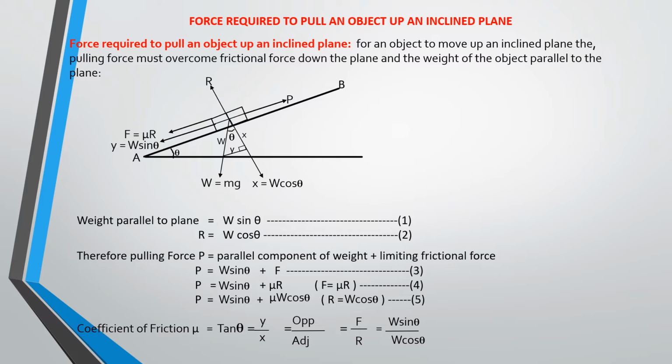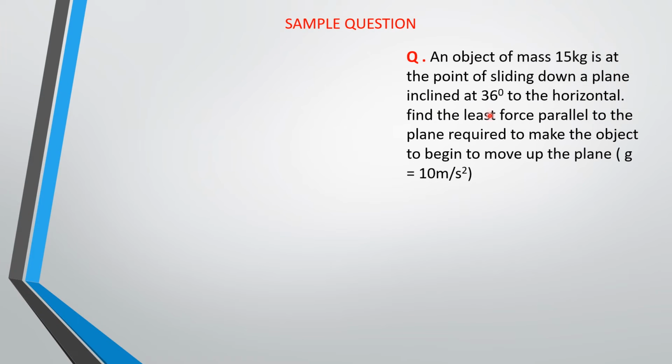Okay, so this is a question that we need to look at. An object of mass 15 kg is at the point of sliding down a plane inclined at 36 degrees to the horizontal. Find the least force parallel to the plane required to make the object begin to move up the plane. So this question